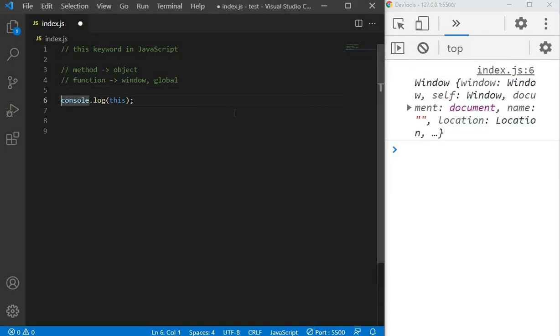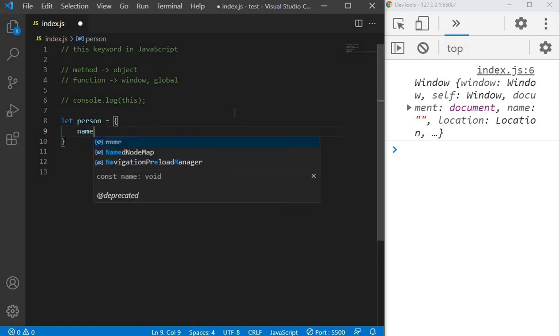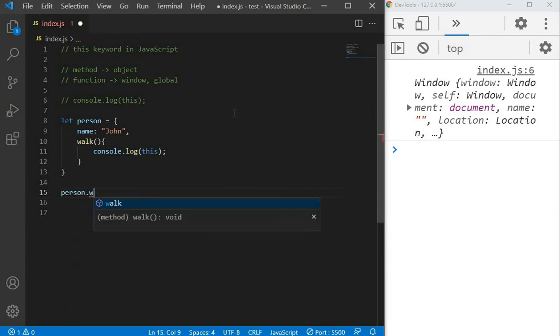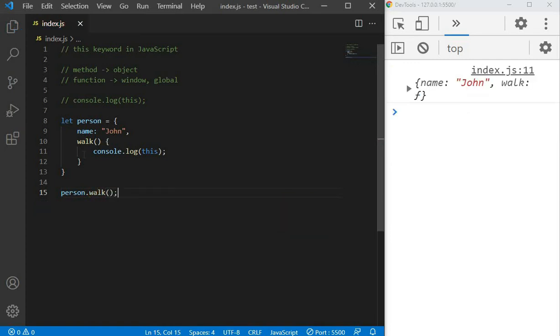Now let's comment this, and for example, if we have an object called person, and inside of the object we have a name property, and we have a method called walk. Now inside of this walk method, if we log this and we call the method, this will give us a reference to the person object.